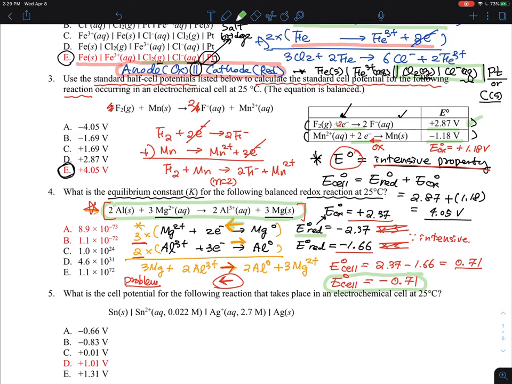Actually, the aluminum is oxidized, which is not favored, because it should be reduced compared to the magnesium being oxidized, but here the magnesium is reduced. So this is the electrochemical standard potential of the cell, and I got the negative answer, which is a non-spontaneous